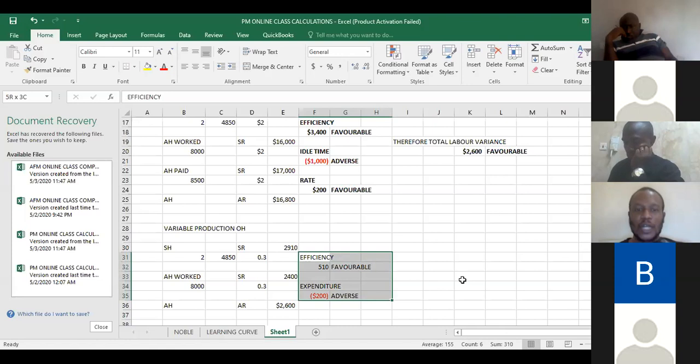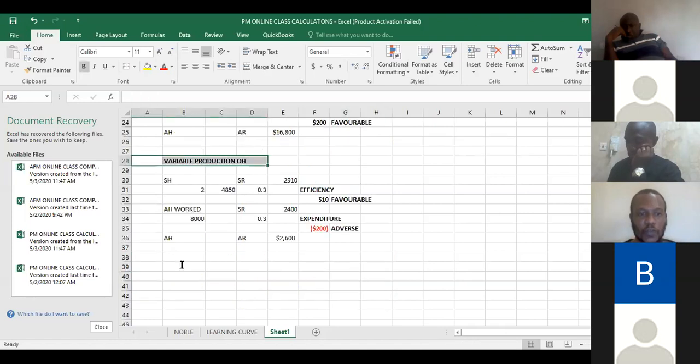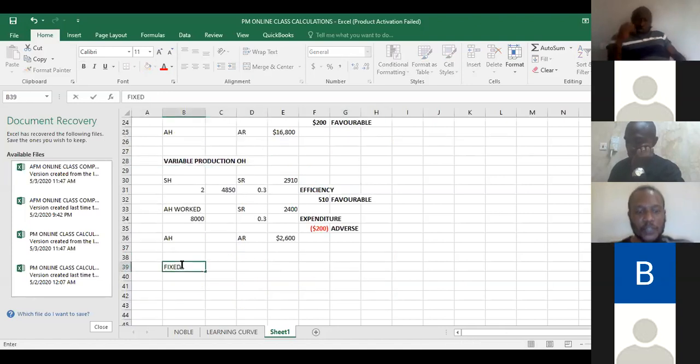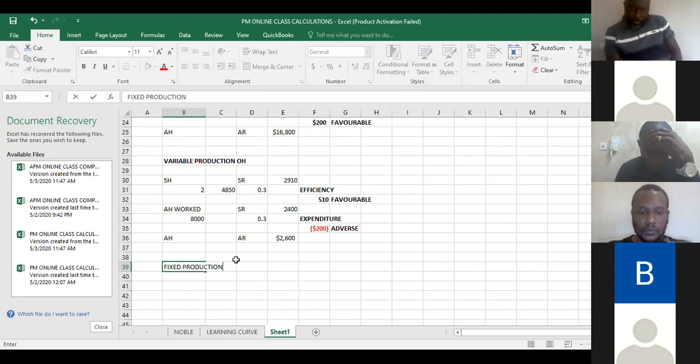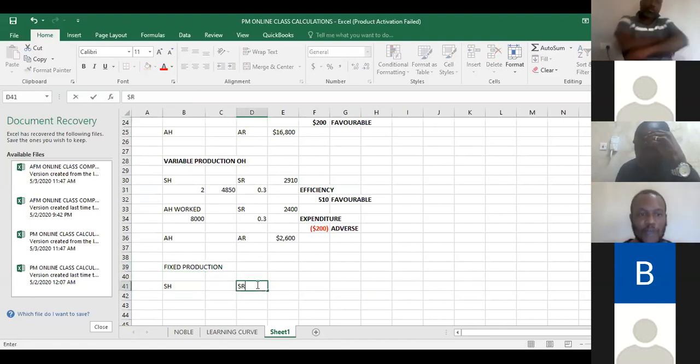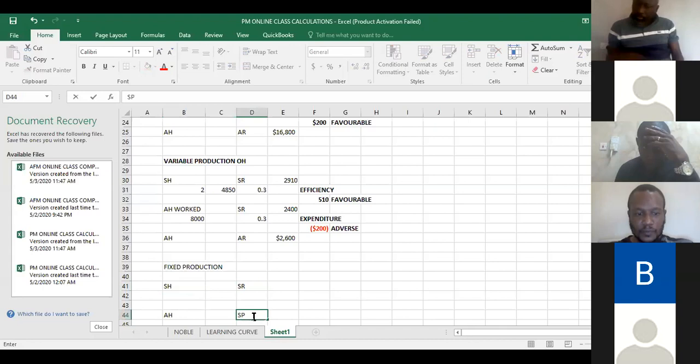So we go to our fixed production overhead so that we can do our sales variances. So quickly, what's our fixed overhead variance? What's the bottom? 4,300. So we have standard hour standard rate, then actual hour standard rate, standard hour, standard rate, actual hour, budgeted hour. Then remember you have your budgeted now. For fixed production overhead, you now bother about